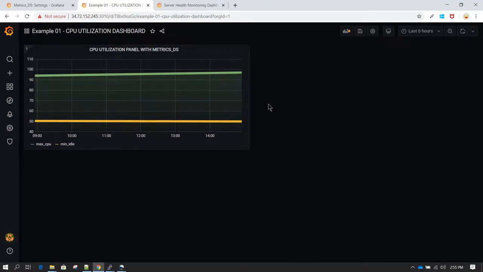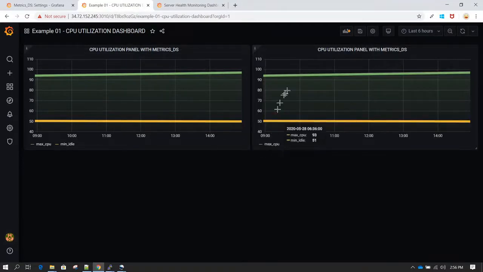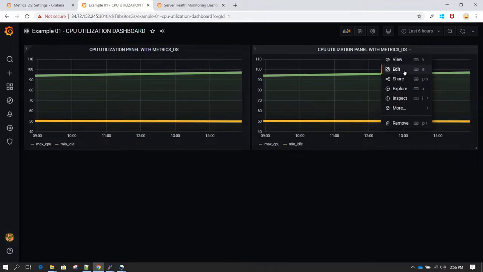Now let's say if I want to have a different panel which is almost similar, and we just want to change that from max CPU to minimum CPU. So in that case, you can come here onto the title, and you can click here on the drop down option, and you have an option of duplicate under the more options. So you can click on duplicate, and everything is going to get duplicated. Then you can come here and go to edit,